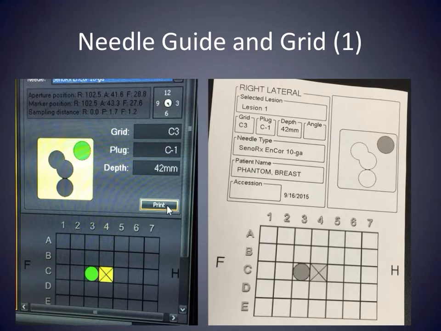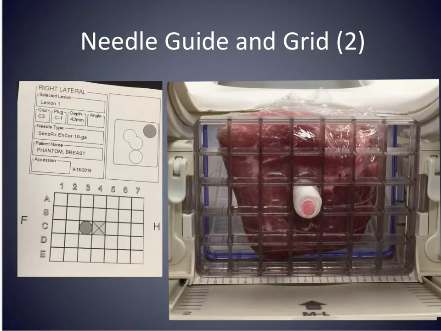So the computer software makes it very easy, very straightforward. At the end of computing all the reference points and the target lesion that you provided, it will generate a computer printout. This is what you will take into the MRI scanner when you perform the biopsy. Once again, as you sit in front of a patient, the grid opening that you will need is C3, so 1 square to the left of the central fixed fiducial,